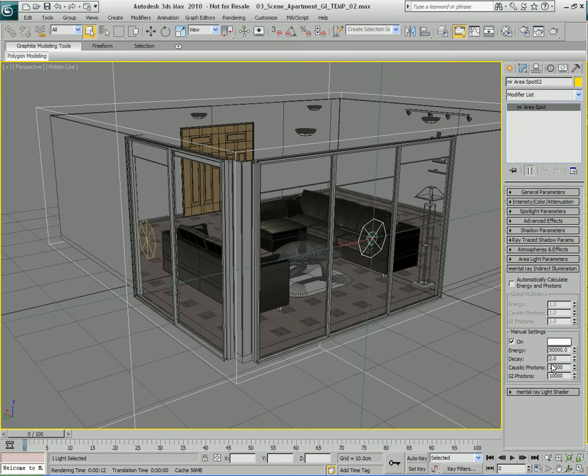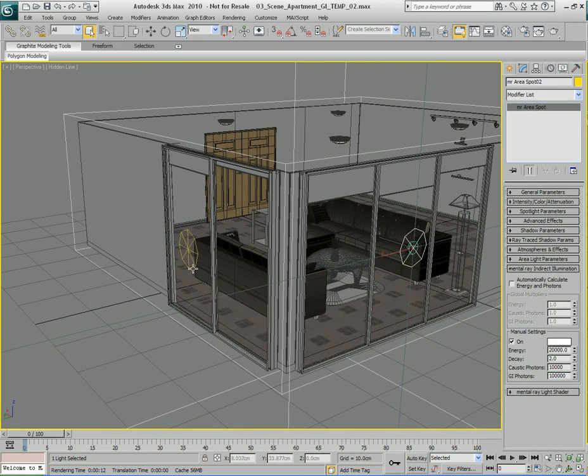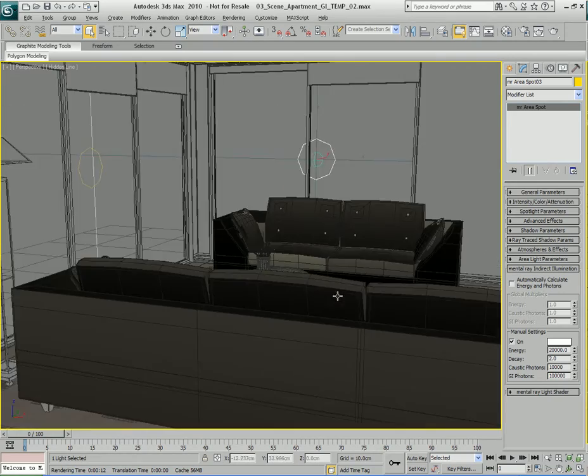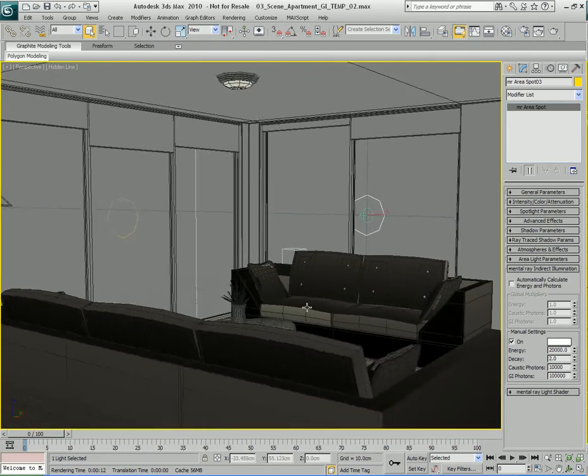So I'm going to turn on manual mode. I'm going to take the energy, and instead of doing 24,000 from the other light, I'm going to make it a little bit darker. I'm going to go with 20,000. Okay? And I'll take the number of photons, make that 100,000. Be careful there. It's very easy to accidentally put an extra zero and make that 1,000,000 instead of 100,000. I'll turn on manual mode for this other light, make this one 20,000, and give it 100,000 photons. Okay, now let's go back inside the scene here and let's render out, say, from this angle here,